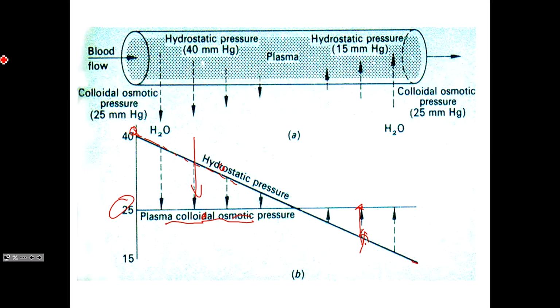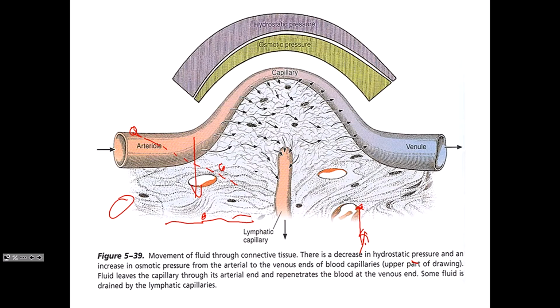Okay, so it's a simple difference in physics, if you like, of pressure between those two spaces, the cardiovascular space versus the connective tissue space. This is shown again here schematically. On the arterial side of things, hydrostatic pressure,